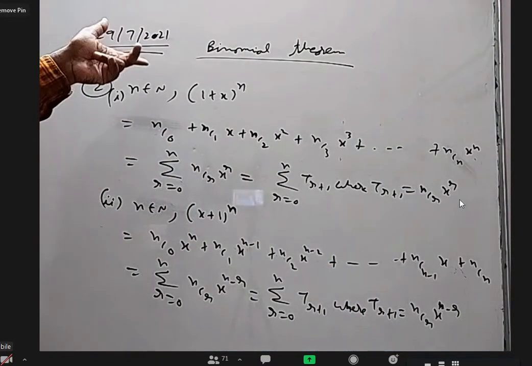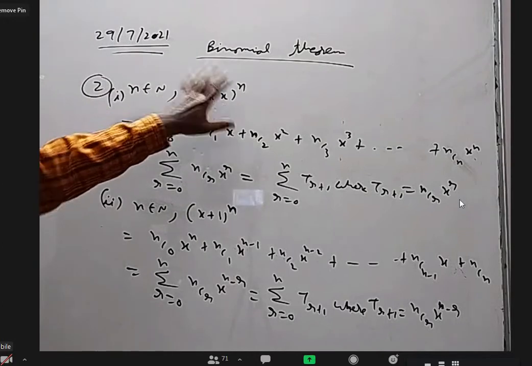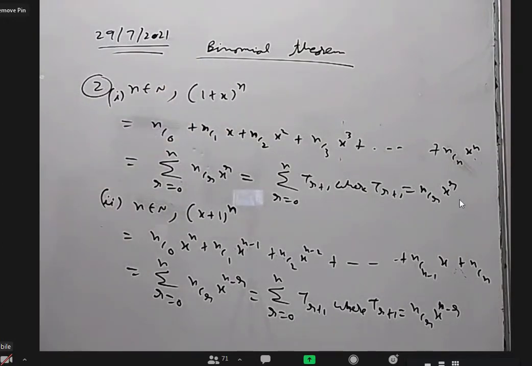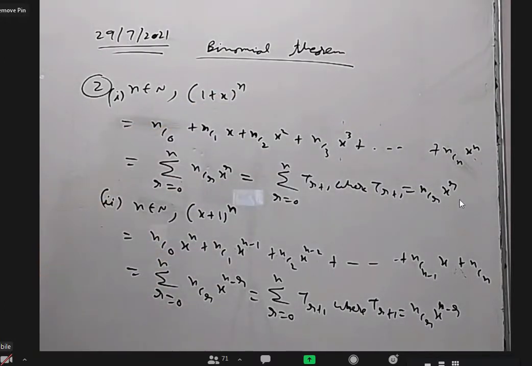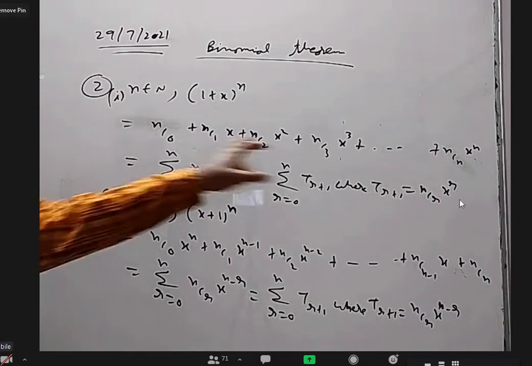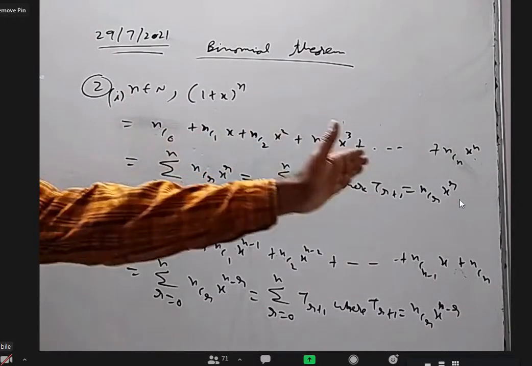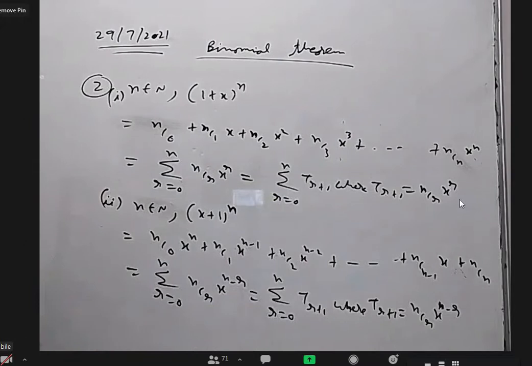This and the previous one are the same, where we took x equal to 1 and y equal to x. The first one what we have done, this is the same. Actually (1 plus x) whole power n and (x plus 1) whole power n are the same only, no? There is no difference. But it is about the order that we write. Here we are writing increasing powers of x. Here we are writing decreasing powers of x.